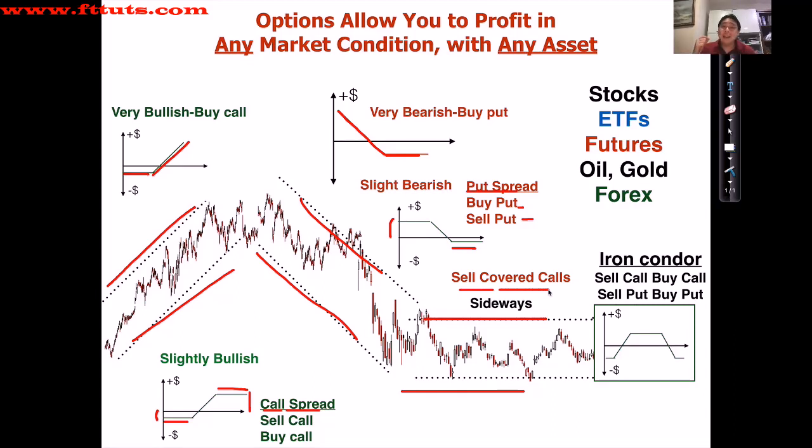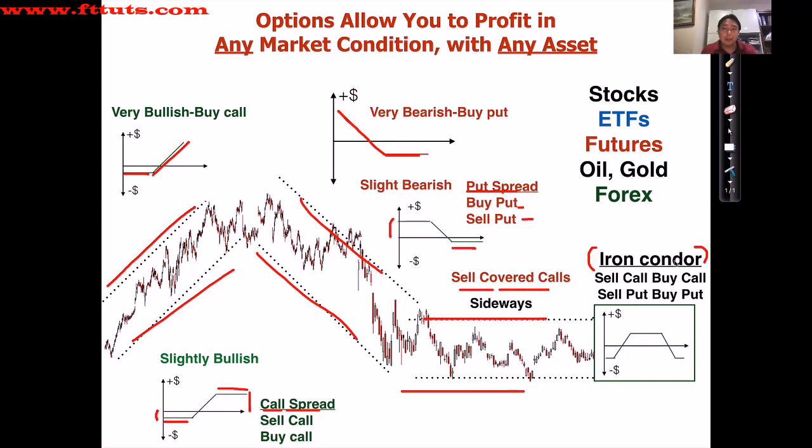And in the advanced course, you're going to learn non-directional strategies. We're going to learn how to profit, whether the market goes sideways or within a tight range. One of the most powerful techniques you're going to learn in level 2 of the advanced course is the iron condor. All right, so the iron condor is a technique where there are now 4 legs to your strategy.